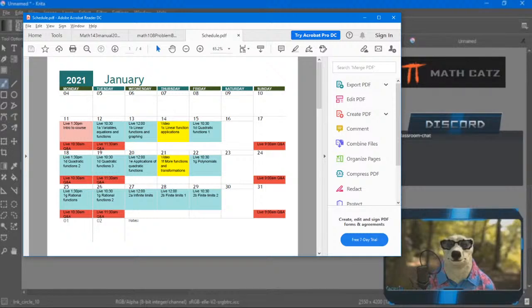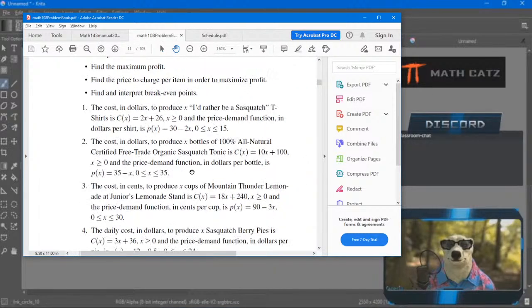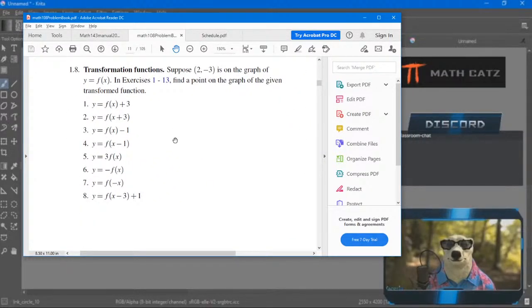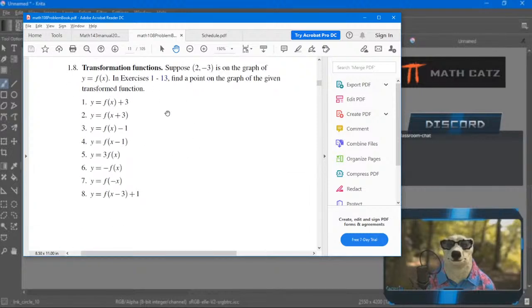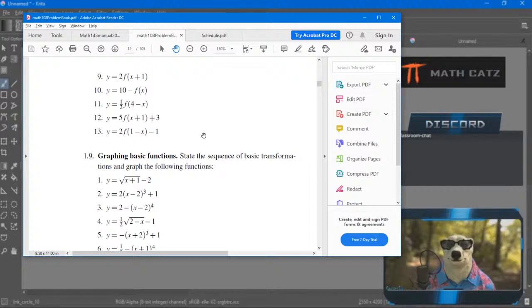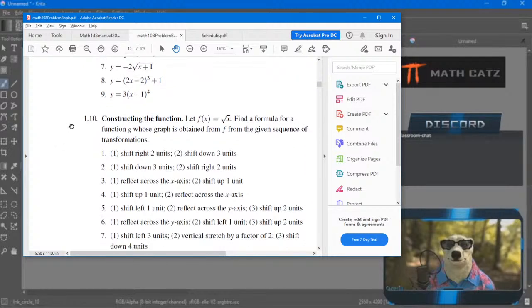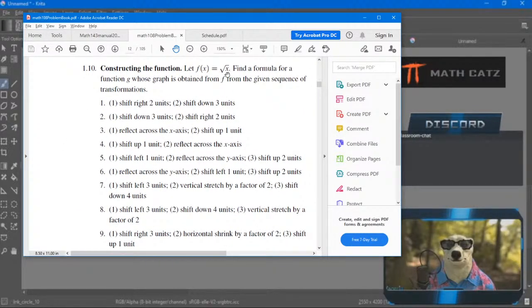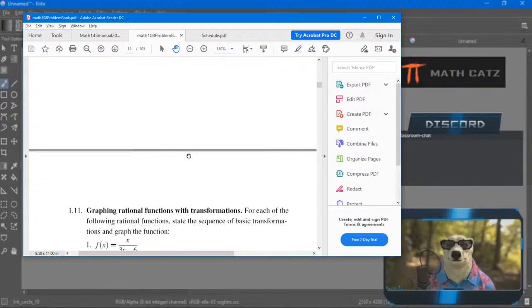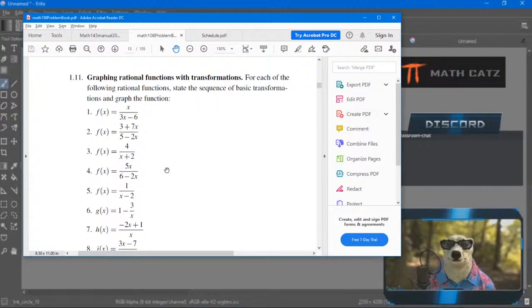Question here, just to confirm, now we should be able to do everything in problem book 1.8. Let's actually look at the problem book. So of course 1.7 is good to go. They're shuffled around a little bit. Yeah, we've done all the transformations, especially 1.8, which is not dependent on a function. Definitely do them. They're really good. People are sometimes too attached to the function itself, and they don't really see the transformations. So all of 1.8 for sure is good. And 1.9 here you see still transformations, but we have the square root function and some higher degree polynomials and things. So we'll start working on 1.9 tomorrow and the day after. And then 1.10 is just another spin on that same thing. So wait for tomorrow. Just doing it more in words, the transformations,